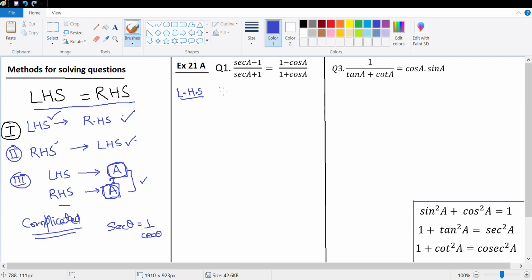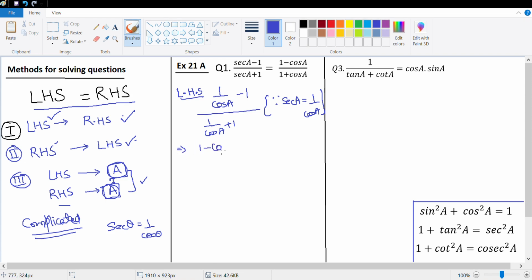So sec A is equal to 1 upon cos A, so this is 1 upon cos A minus 1, and this is 1 upon cos A plus 1. We'll need to write the reason, since sec A is equal to 1 upon cos A. Now let's take the LCM and add this up. So left hand side is